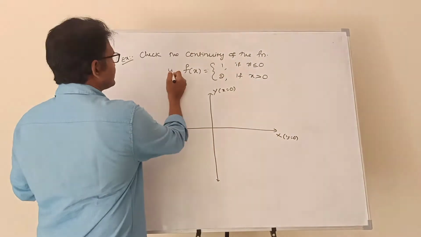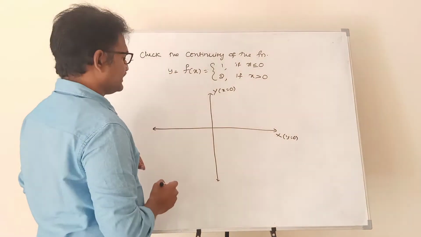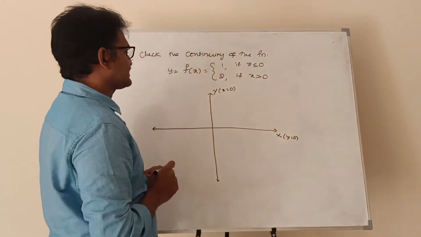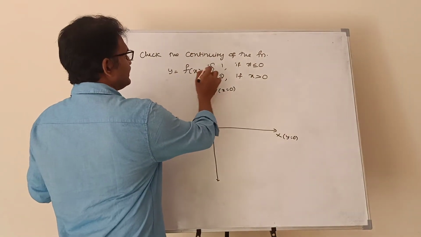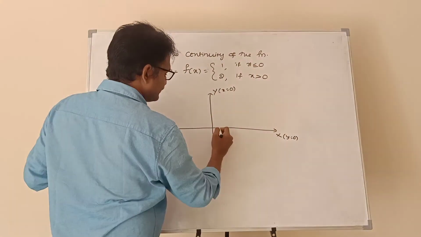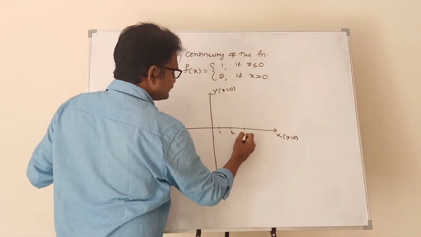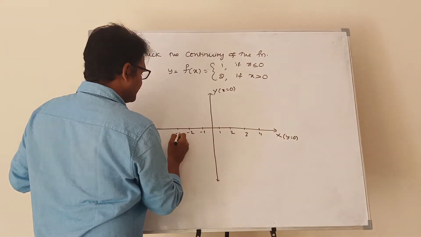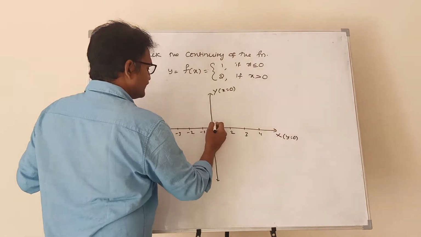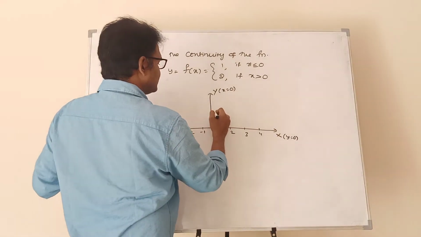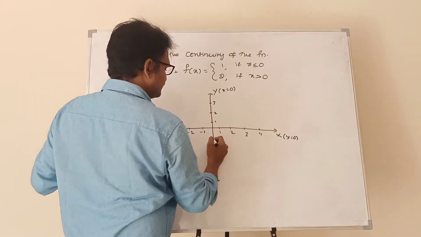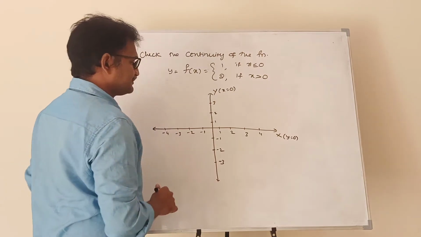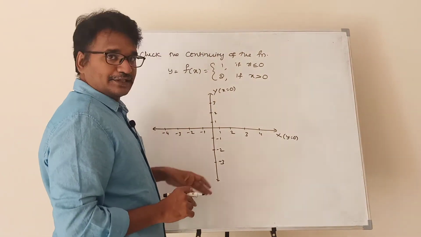So always f of x equal to y. So what is the equation of the x axis? y equal to 0. What is the equation of the y axis? x equal to 0. The y value is how much when x is less than or equal to 0? On the right side 1, 2, 3, 4. Left side you will get -1, -2, -3, -4. Up above the origin 1, 2, 3, and below -1, -2, -3. We know these values. How to plot the values on the graph?